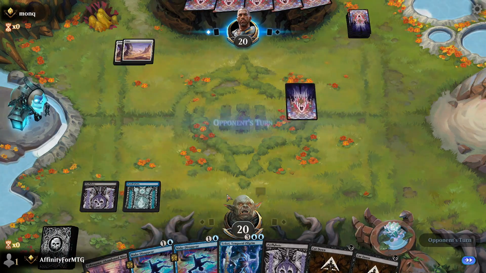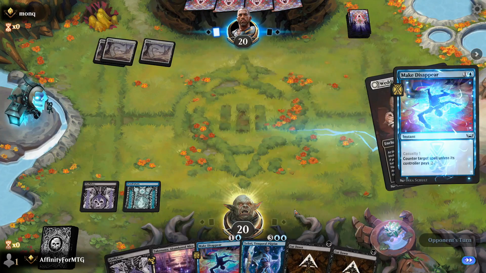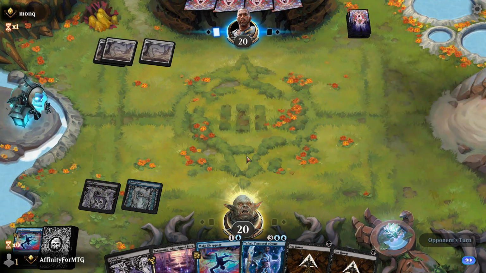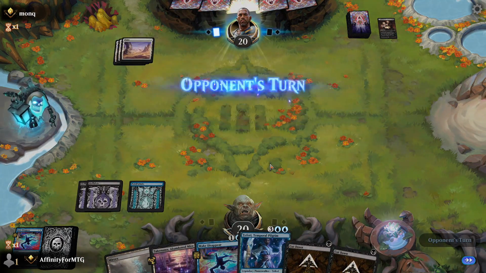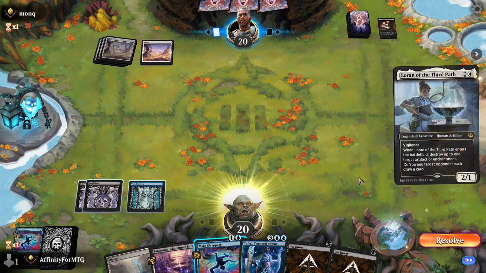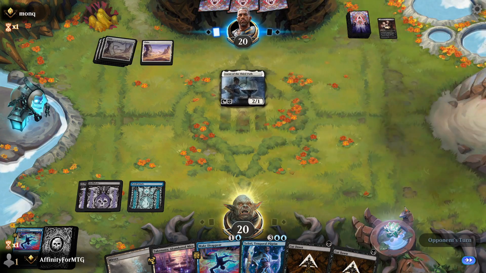Play a blue source for the counter spell. Wedding announcement. I will counter because I can't interact with that in any way. So we'll do that. Land. That's good. So we have all of our mana for Teferi. We don't have a blue source, so we have to use this when we cast Teferi. When it enters, that's fine. And then